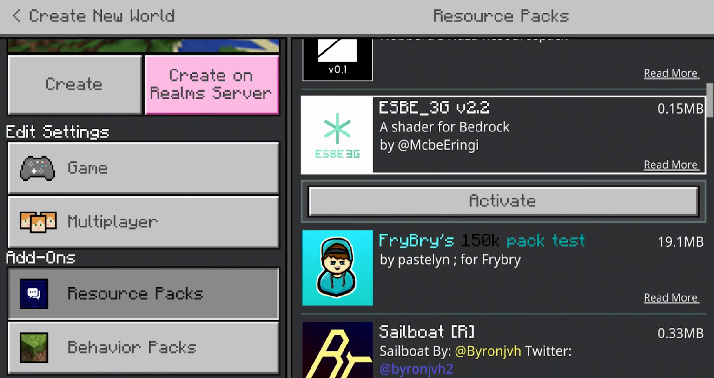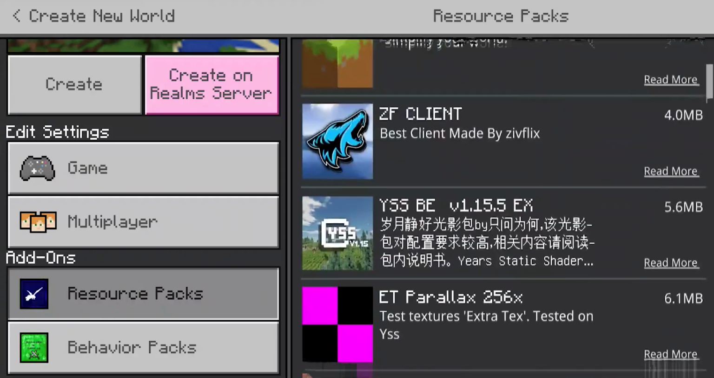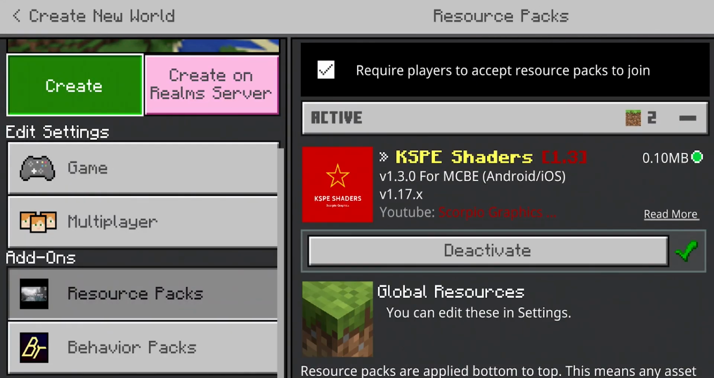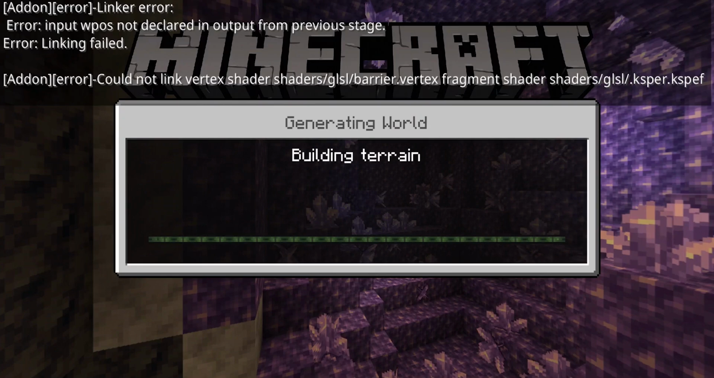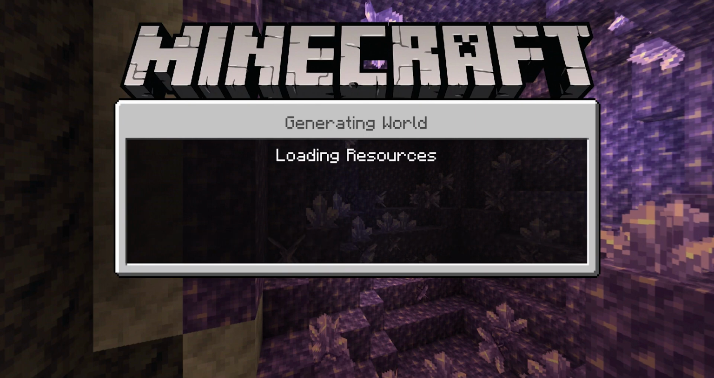For example, shaders like the ESBE 3G version 2.2 over here only take up about 0.15 megabytes worth of storage, and this shader over here takes up about 0.10. Now I'm going to run this shader to show you guys that I am actually able to run these shaders smoother as compared to something that takes up like 30 megabytes worth of storage, because that usually is how it works. The more storage a shader takes up, the more likely you are to lag,